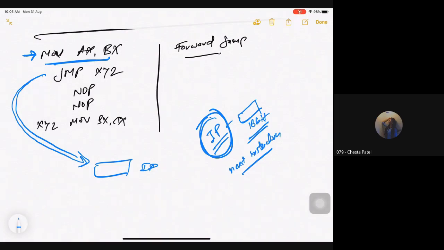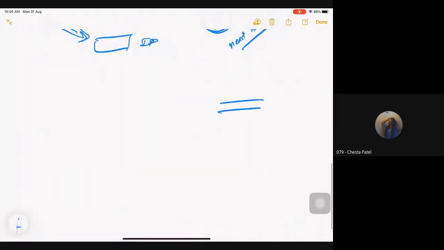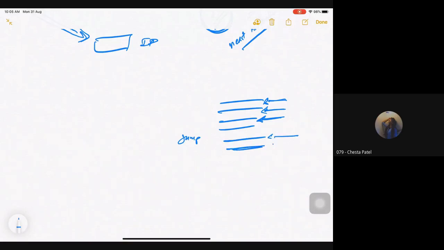Now, the problem with a normal program and a jump instruction is this. In a normal program like this, if I am currently processing this line, the next instruction I want to process is this, and after that this. But when you have a jump instruction, suppose currently I'm executing this line and my IP is pointing to the next line. But suppose this is my jump instruction. In that case, it is possible that I now need to jump over here.